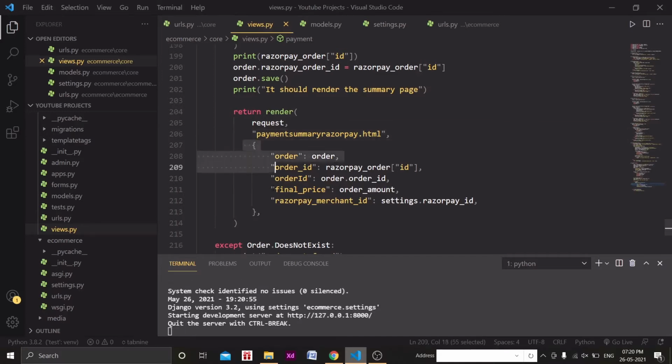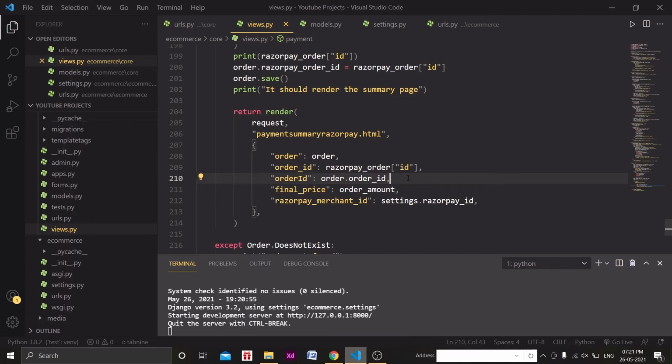And then we will pass a context dictionary. So these values we have to pass, and I will show you why we need these values. We will pass the order object, then the order id. See, this order id is basically the Razorpay id that it has generated by default, right? Then we are giving the order id of the order itself, whichever order id was generated while creating the order.